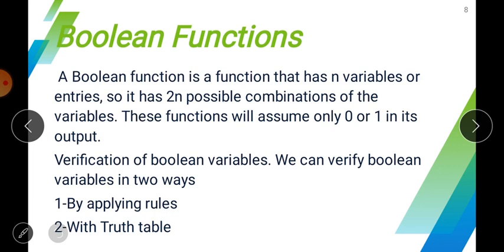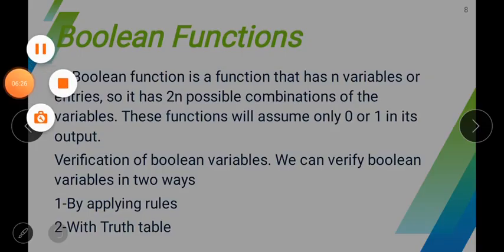So in this session, I will tell you how you can verify a Boolean function with the help of the truth table. Moving forward, we will show an example through which you can learn how to verify a function. When you are given a Boolean function, you have to calculate the total number of variables used. In the function, two variables x and y are used, so the total number of possible combinations is 4, with the formula 2 to the power 2. First of all, write the total possible combinations, that is 0101 and 0011.